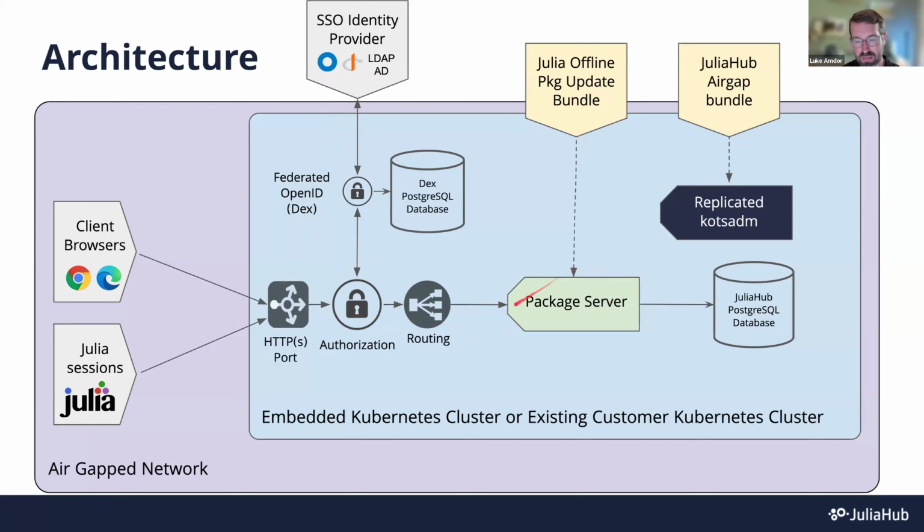And of course, the package server itself isn't really useful without packages. So, what Matt mentioned before, we have the Julia offline package update bundle. This is customizable and tailor-made for your specific installation, but it is all the packages, all the artifacts that the packages are dependent on, and all generated documentation for all of that. That is all something that you would then upload into the air gap network. And then the package server will ingest it, which is what we call it,